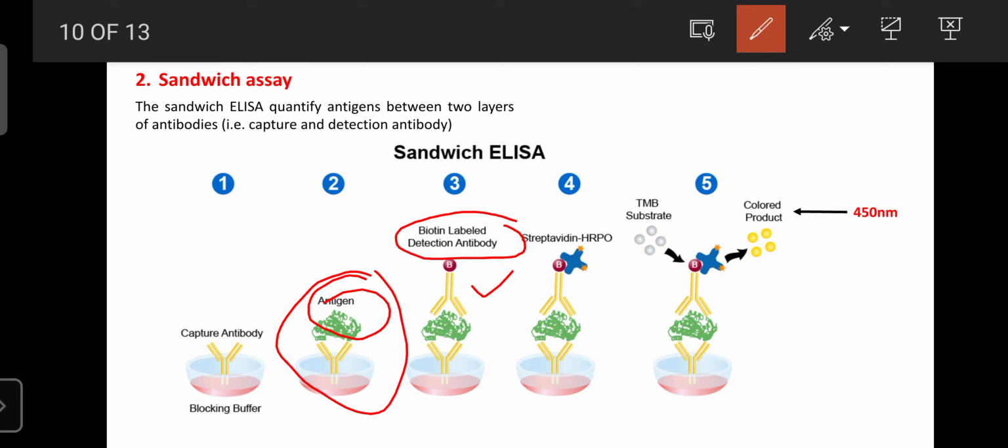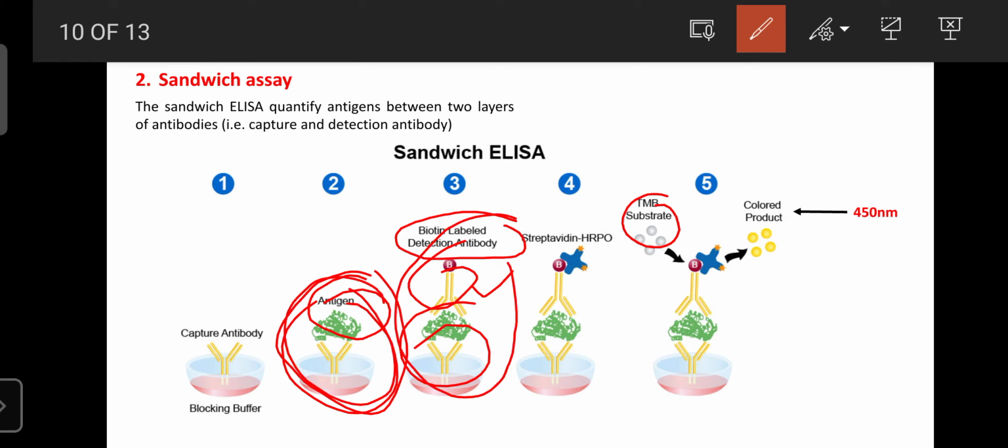First we add the antibodies, which bind the antigen and form the antigen antibody complex. Then we add the biotin labeled detection antibody, which also forms a complex with the same complex, giving the antibody, targeting molecule, antibody complex. Then we add the substrate. Only if this complex forms, with a washing period between, can it react with the substrate and form the color product that is detected at 450 nanometers. That is known as the sandwich method.